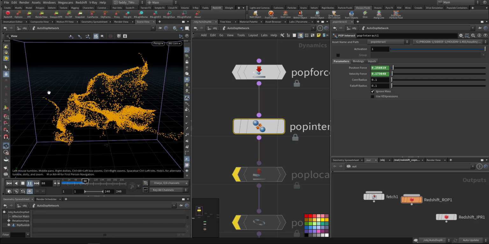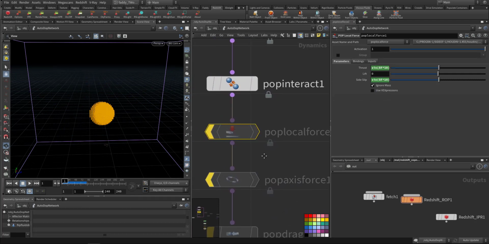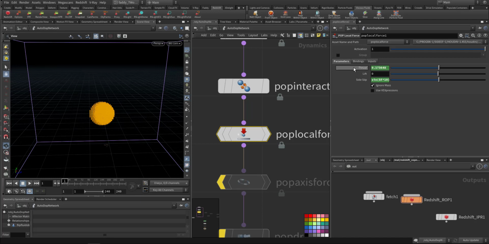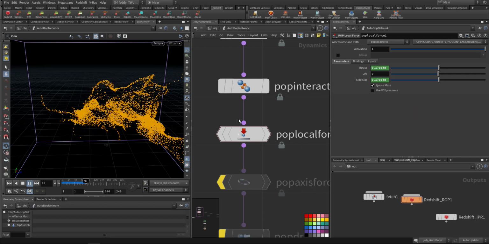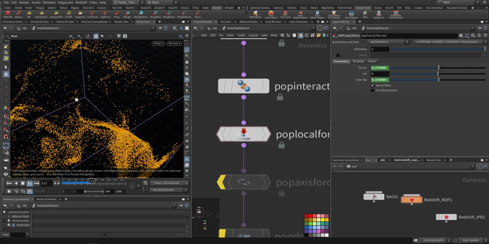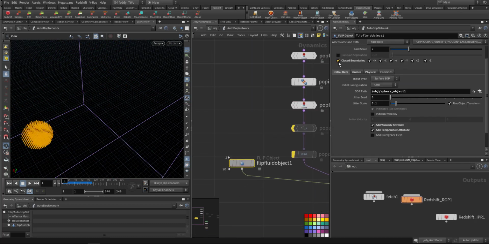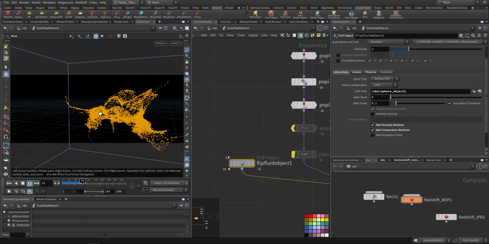So I can have these, and then I added another local force, POP local force. Also I use the same function, just copy and paste, and this is how it will look. Just experimenting with POP forces here. You can come up with a lot of variety. See how different. So let me just fix this one, make it open, and go to my camera. This is how it looks now. See this tentacle,